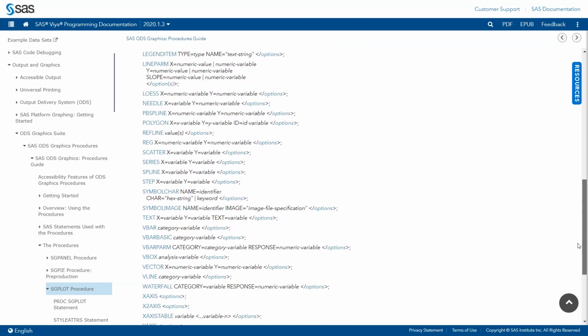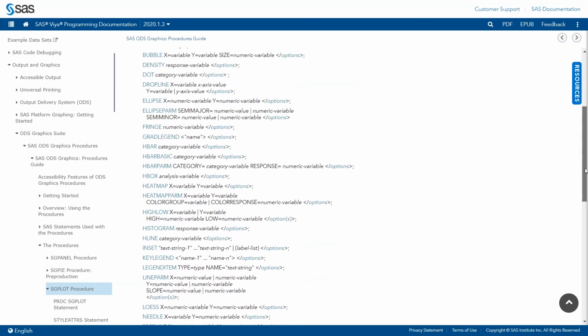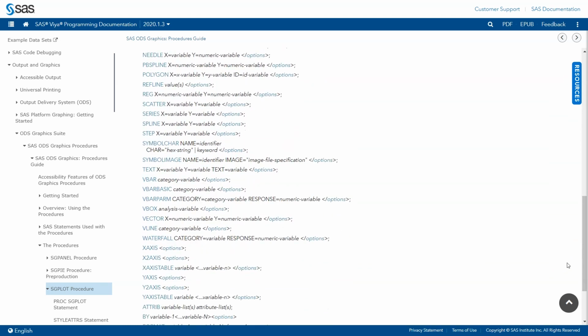In addition, some of these are plot statements, but additional statements are appearance statements. For example, we looked at the VBAR statement. If I want to find out what's available in the VBAR, I could click this link and see all of the different options available.